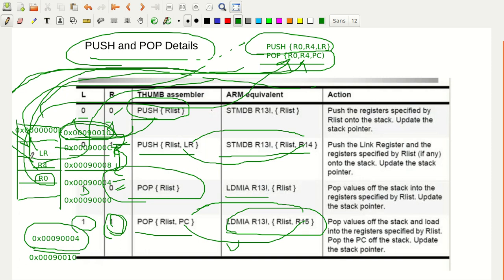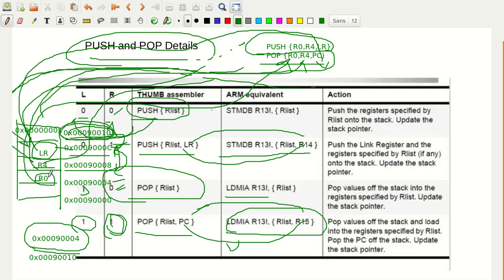Now this content whatever that you have, the stack pointer is incremented again. Now this content whatever that you have will be stored into the PC, the program counter. Now again your stack pointer will be incremented. So the stack pointer finally goes back to this position, isn't it? So you see here, three times it is incrementing.